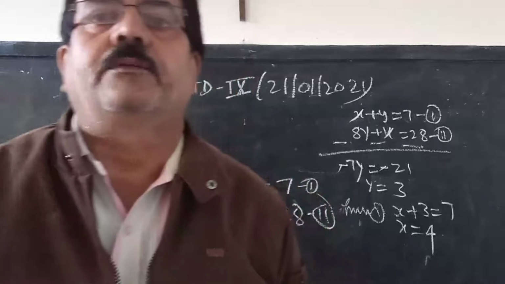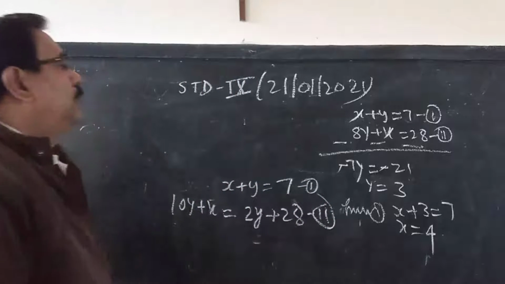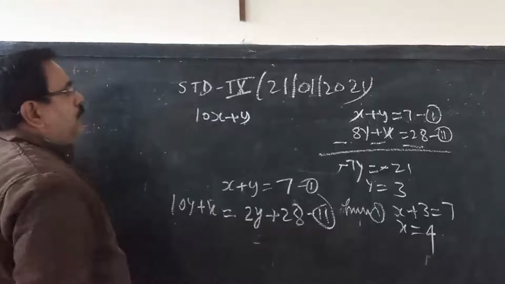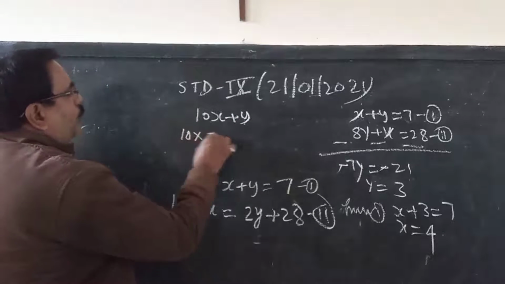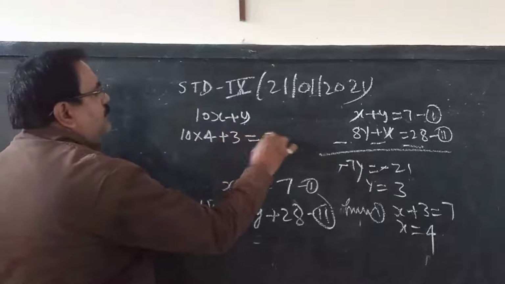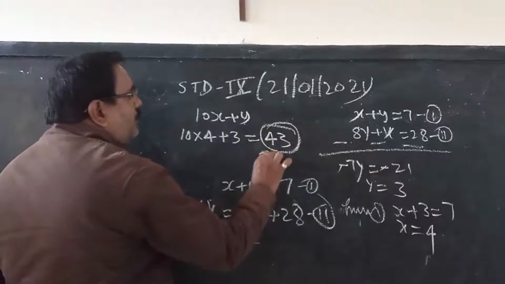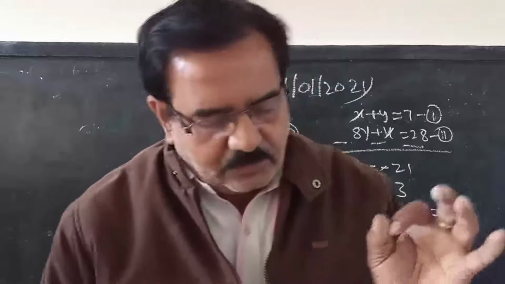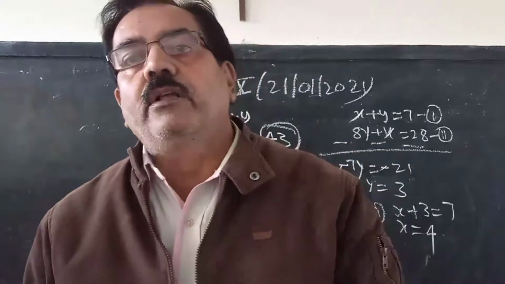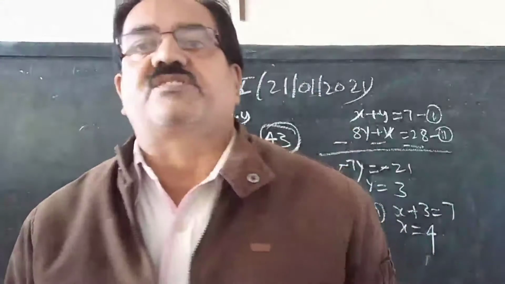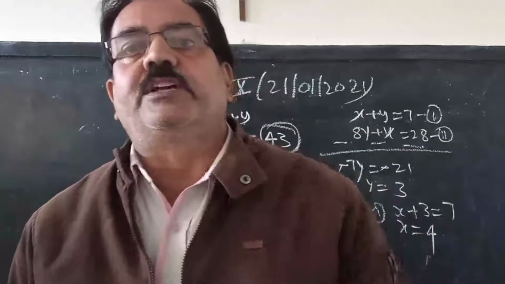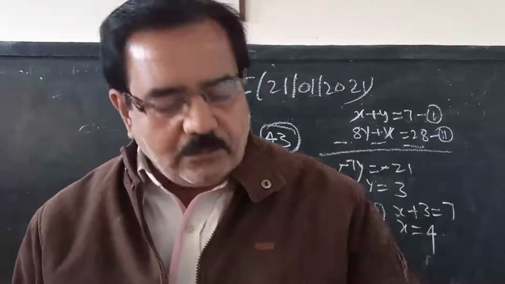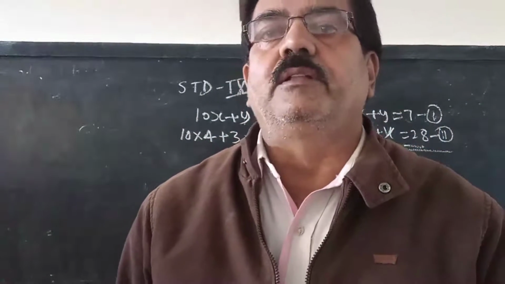Right. Then we get the value of x and y, and then we have to find the number. Our original number is 10x plus y. So what value of x do we have? x value is 4, y value is 3, means that is 43. This is our number. So the most important part in this chapter exercise is that, according to the statement, you have to write the equations. Always there will be two equations. Then solve these two equations simultaneously and then put the values of the x and y variables in the number itself.